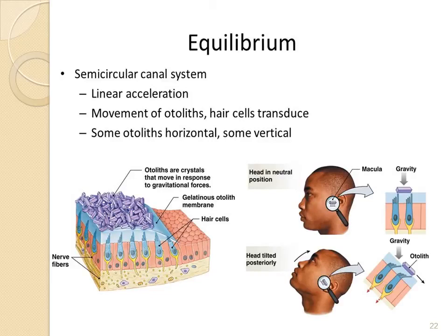But when the head position changes or rotates from the posterior, you can see the otoliths receive the information for gravity and then send a signal to the brain by the nerves inside the hair and send it to the cerebellum and the brain stem. Also, you can see in this picture on the left, otoliths are crystals responsible for gravity